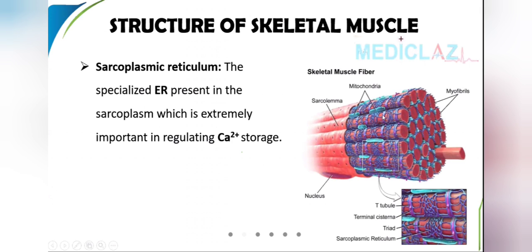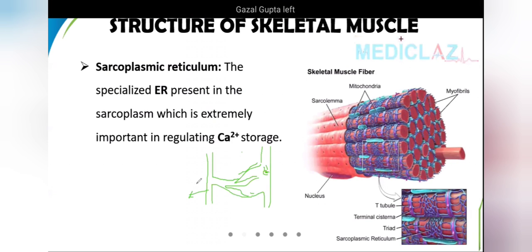What is the importance of this sarcoplasmic reticulum? If you see here, the sarcoplasmic reticulum is dilated in this portion, and here it is thin. Then again here it is dilated. The dilated portion is called the terminal cisternae. Now this will branch into multiple branches like this, and again on this side there is a dilated portion. Again, this is called the terminal cisternae. This terminal cisternae contains or stores calcium.